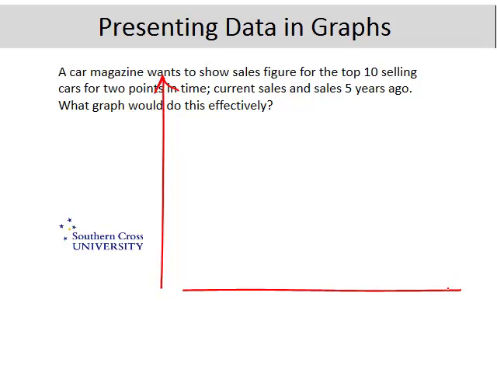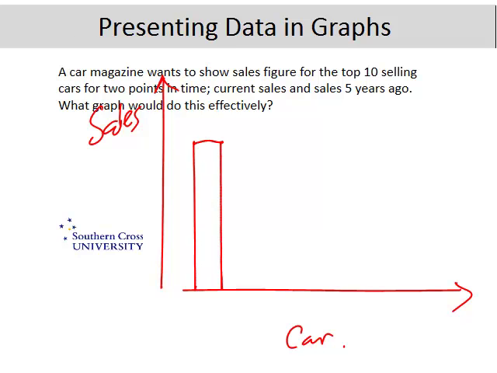We can set up a graph, and there would be sales on this axis and a particular car on this axis. So if we sort of talk about a Holden Commodore, we might have a column that looks like that, and that can be 5 years ago, and next to it we can have the column that represents the sales for today, and we could have that in order. So this could be today,